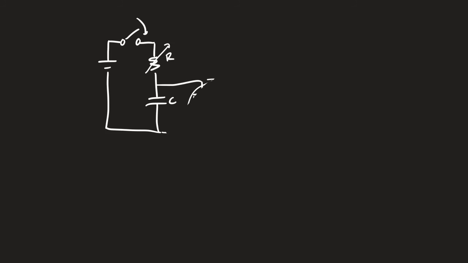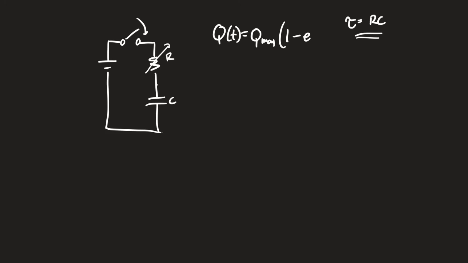But I wanted to give you an idea of what the functionality is here and the importance of the time constant. RC is considered the time constant. Now, a couple of points of order. Q as a function of t equals Q max times 1 minus e to the minus t over RC. This is the charging